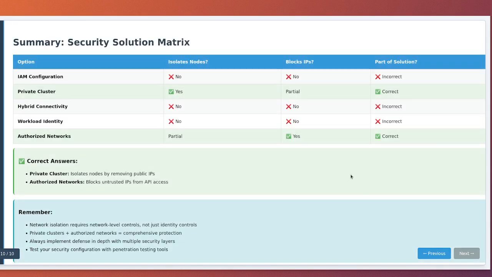Summary and best practices. Let's wrap up with the key takeaways. For isolating GKE nodes from the internet and blocking untrusted IPs, the correct solutions are private clusters and authorized networks. Private clusters ensure your nodes have no public IP addresses, making them unreachable from the internet. Authorized networks create an IP allow list for API server access, blocking any unauthorized access attempts. While IAM, workload identity, and hybrid connectivity are all important security features, they serve different purposes and don't directly address